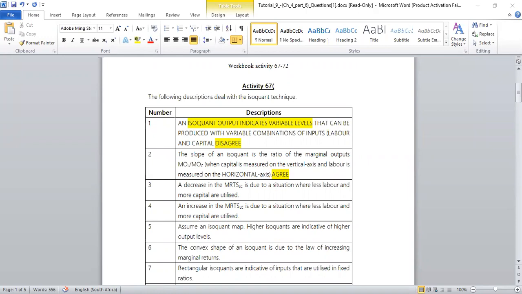A decrease in the marginal rate of technical substitution for labor and capital is due to a situation where less labor and more capital are utilized. So let us go back to the formula, guys. When we are calculating the MRTS,